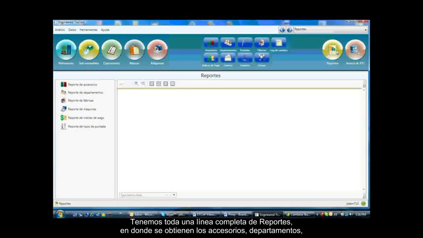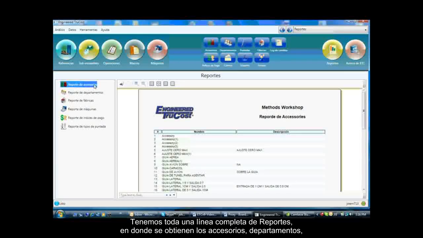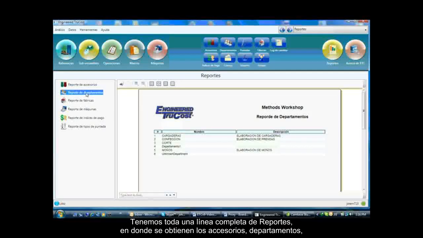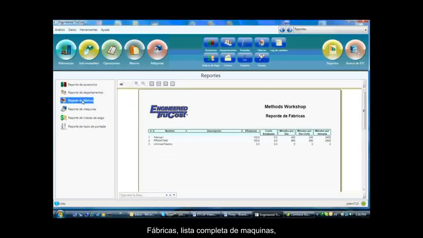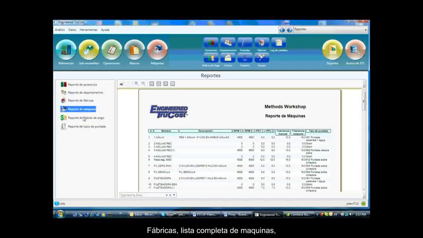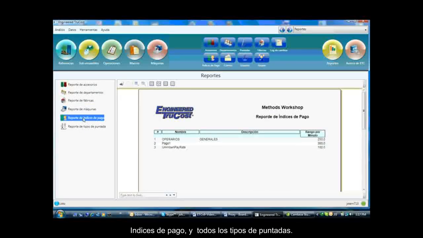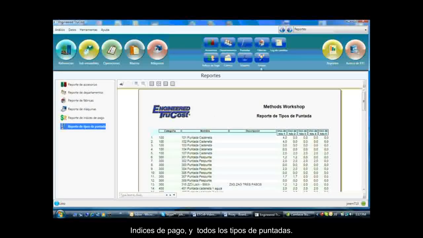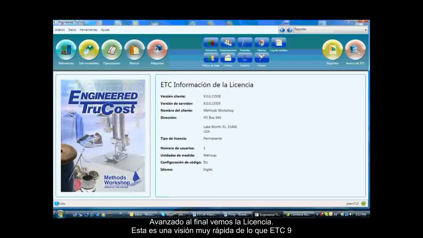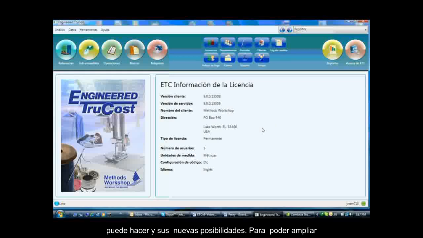We have a full line of reports whereby you can actually have a list of accessories, departments, factories, machines, a full list of machines, full of pay grades, and of course a full list of the stitch types and what they are. Moving on to the end, we're back to the licensing. Again, this is just a very quick review of what ETCv9 is, what its new capabilities are, but for further